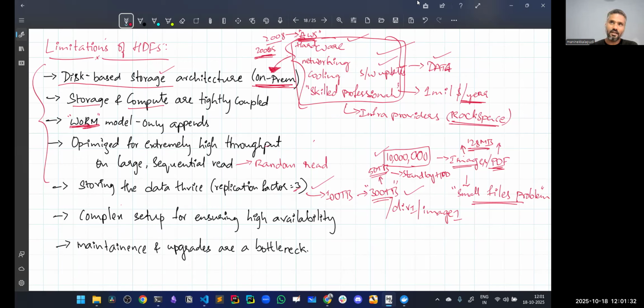So that's why Hadoop kind of dialed down back when the whole cloud revolution happened, and object stores and S3 arrived, where cloud said that you don't have to worry about the hardware, you don't have to worry about provisioning, you don't have to worry about any of these issues we have mentioned here. Once you put the data in something like AWS S3 or any object store or Azure storage, you forget about the